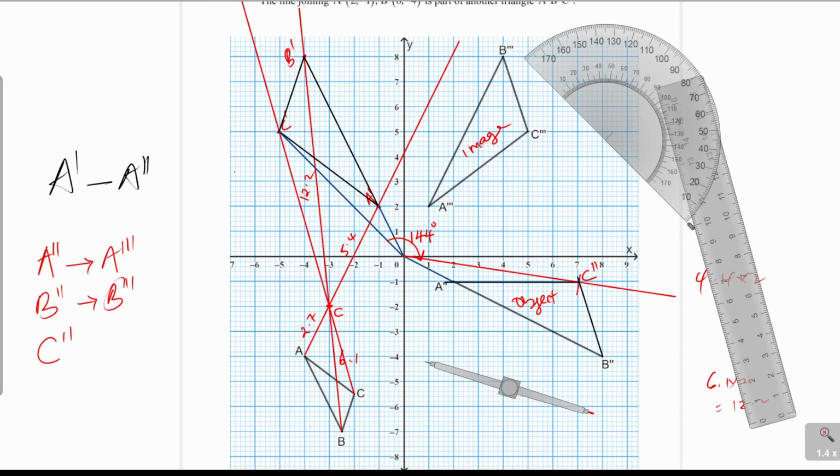You can do it for C. I'm just choosing. So this is C double prime, C triple prime. So I'll join C double prime to C triple prime, and then after you join,